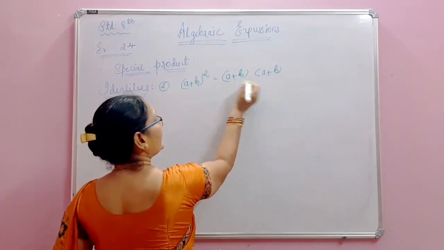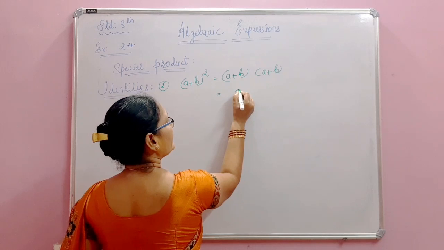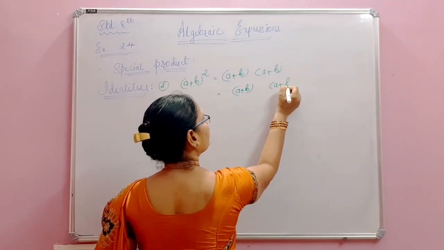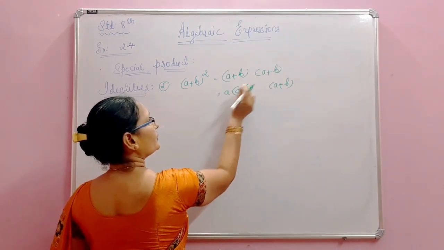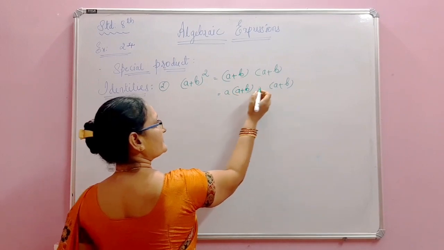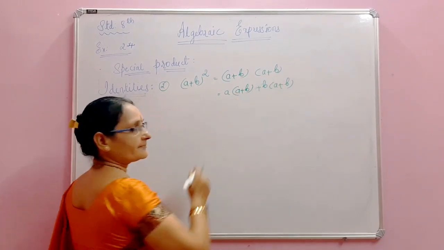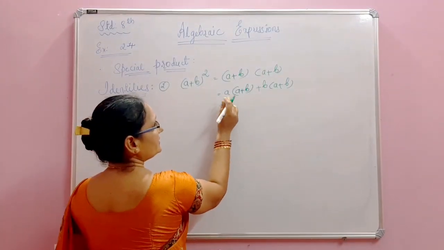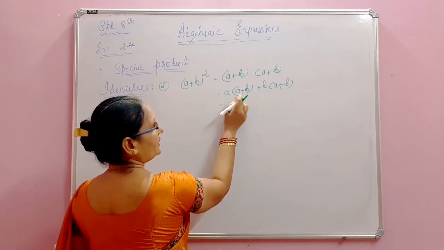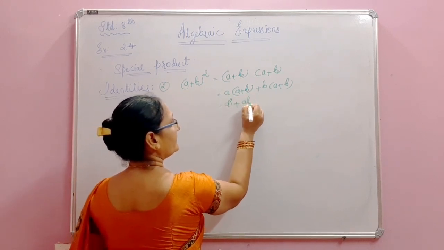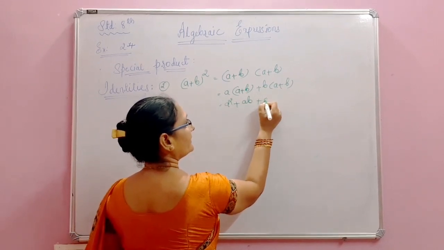See now. Again the same method we follow: any one of the brackets we have to write two times. Then one bracket you have to split: the first term behind the first bracket, the second term along with the sign behind the second bracket. Now see here, this is monomial by binomial. a into a is a², plus a into b, ab, plus b into a, ba.